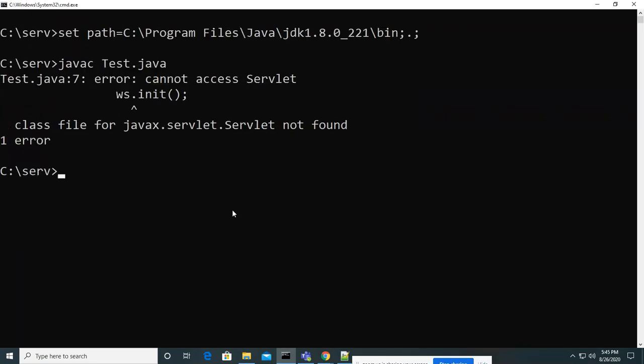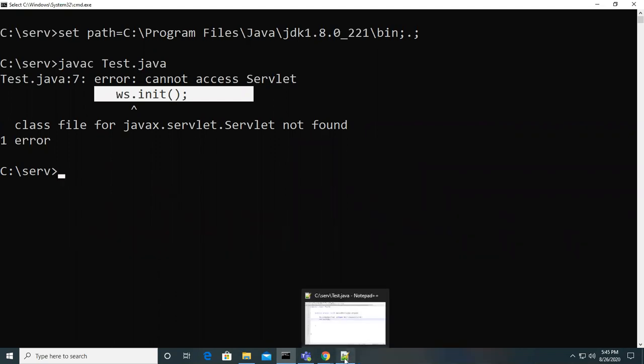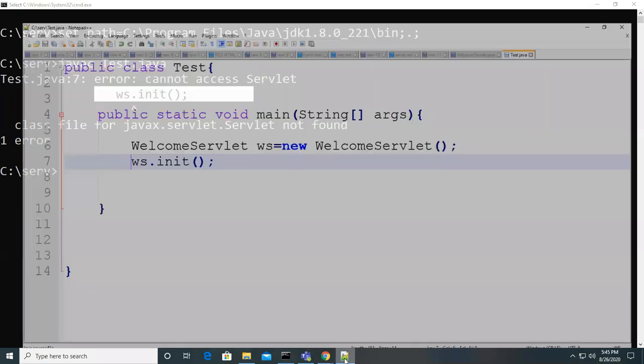So what is the problem here? What is the error? Which line is the compiler giving the error for? Cannot access Servlet. Class file for javax.servlet.Servlet not found. So the problem here is at a line number, for example line number 7.